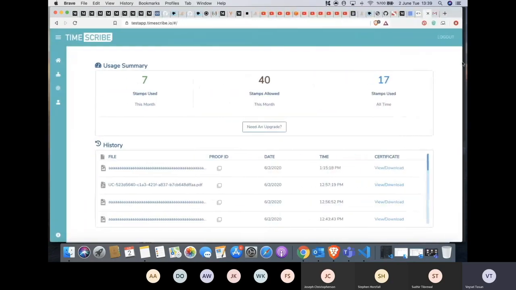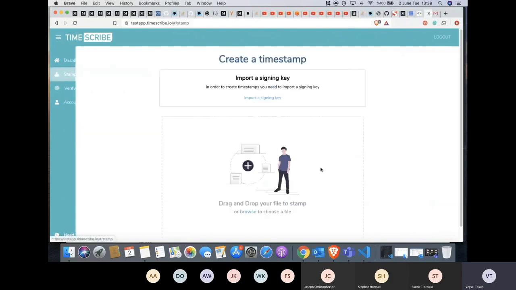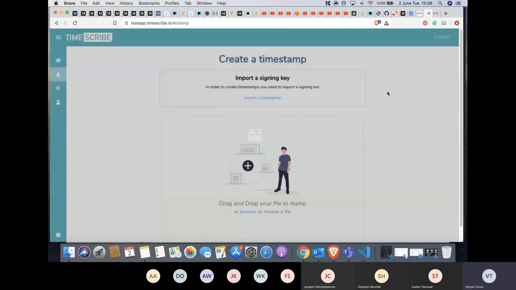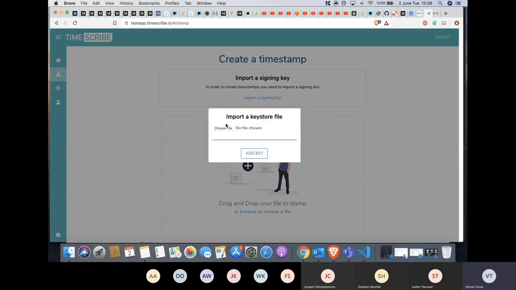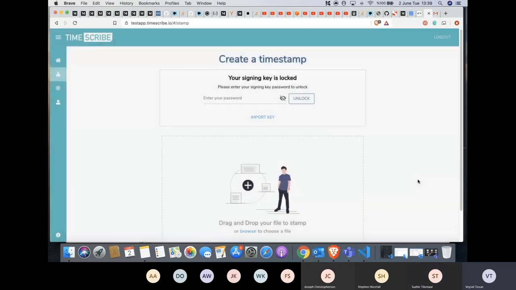And the other enhancement is that previously I was working on the Chrome browser, and the Chrome browser hosts my key store and the secret user keys. But I'm presenting this demo intentionally in the Brave browser. Because of that, we are not keeping all the information in the key store and the local storage, and the users need to import the key store file. After importing this key store file, I need to decrypt it with my password and